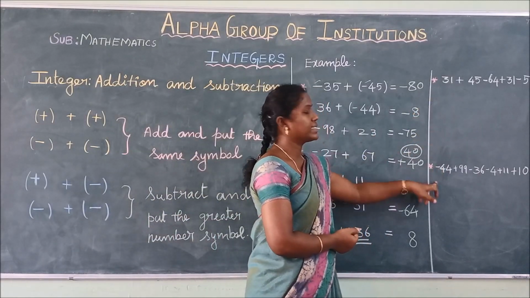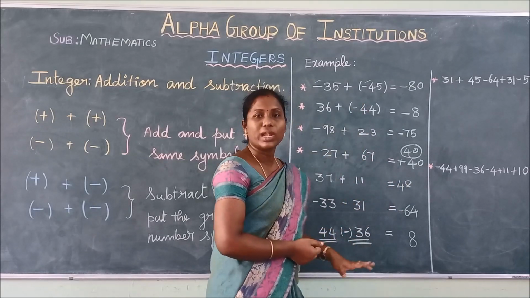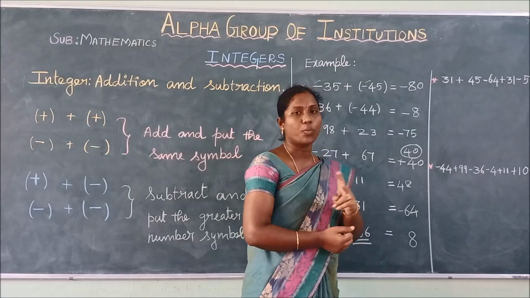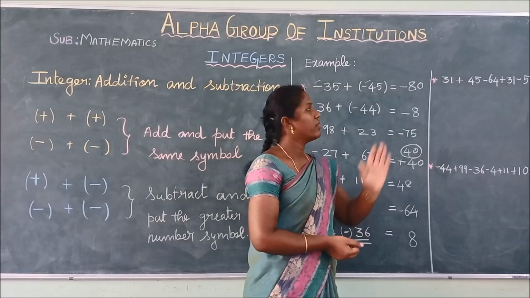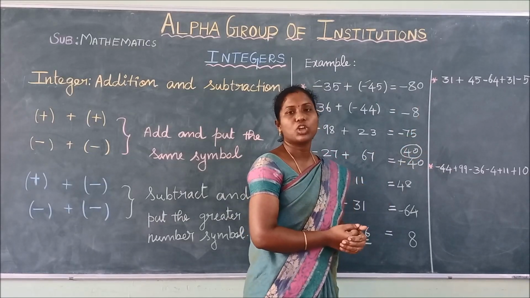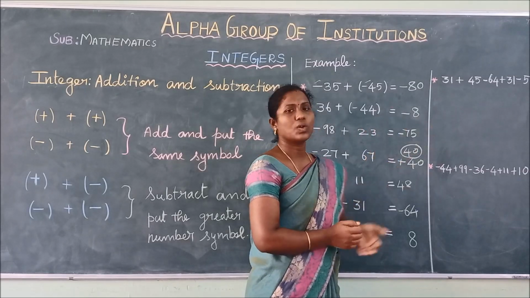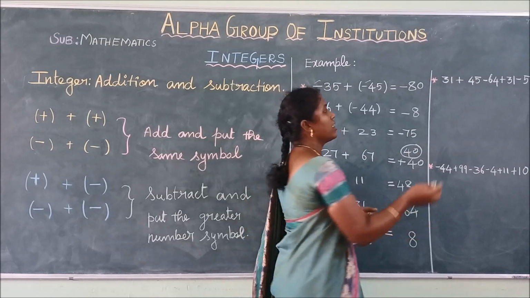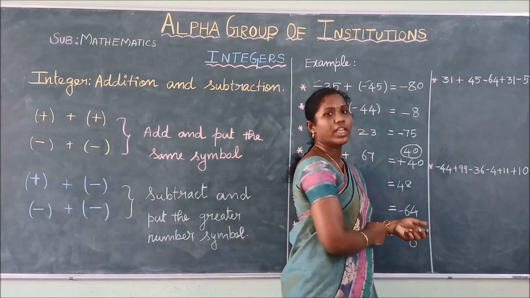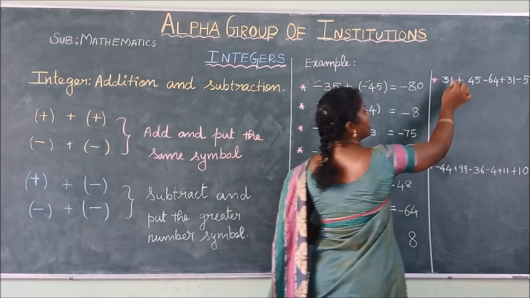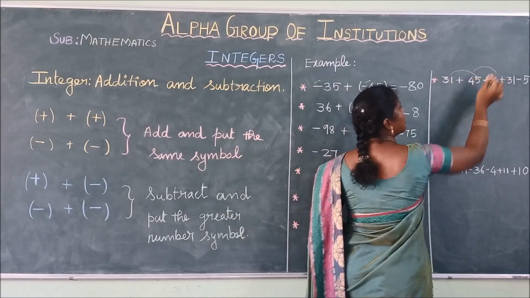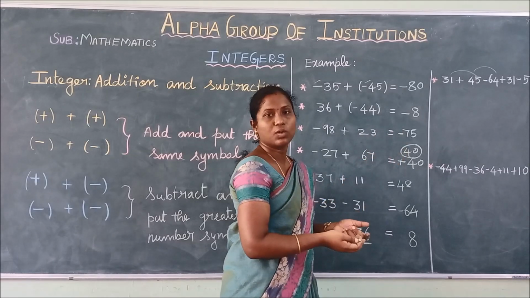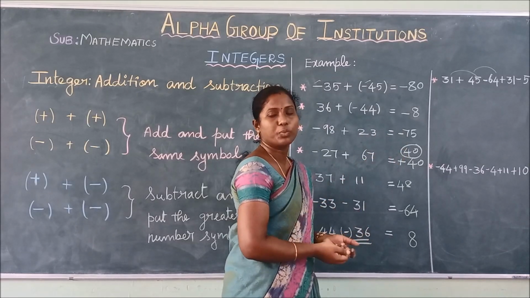In these two examples, I have combined the numbers using two operations, addition and subtraction, where we have many integers. How to solve this? We know how to add and subtract numbers, but if the expression is like this, we could find the answer by adding the first two numbers, then subtracting the third number from the answer. That can lead to some mistakes, or it will take some time to solve the problem.